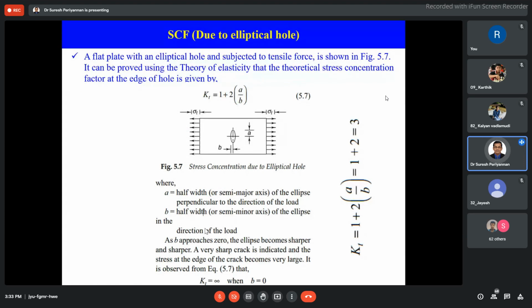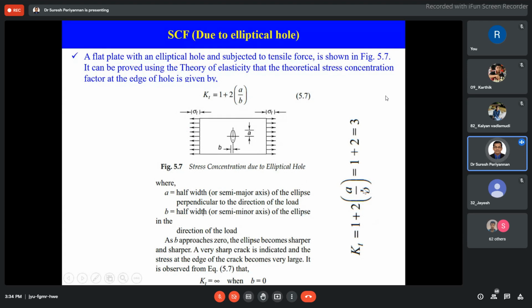It can be proved, using the theory of elasticity, that the theoretical stress concentration factor is given by this formula: Kt is equal to 1 plus 2 of A by B. A is the semi-major axis of the elliptical hole, and B is the semi-minor axis of the elliptical hole. Now, when A is equal to B, what is the stress concentration factor in this case? 3. When A and B are equal, the stress concentration factor is